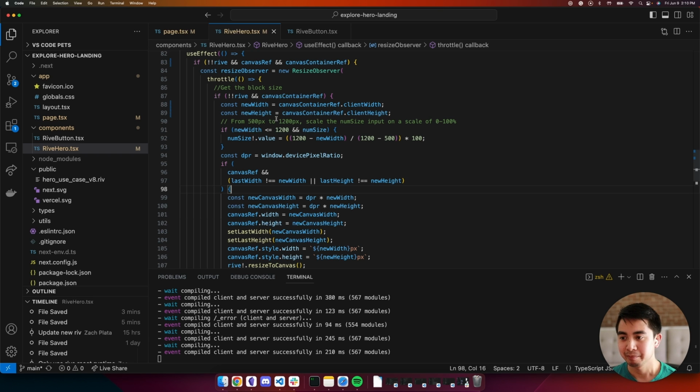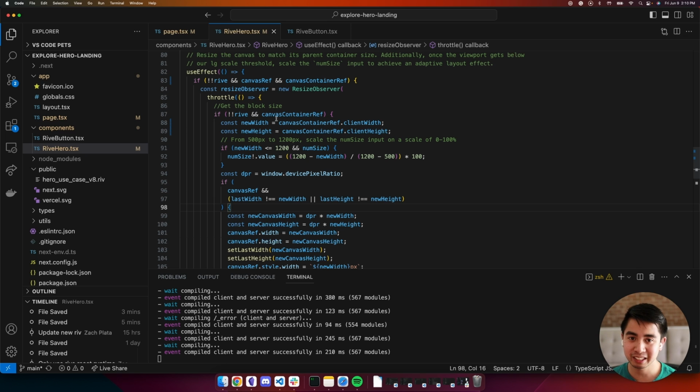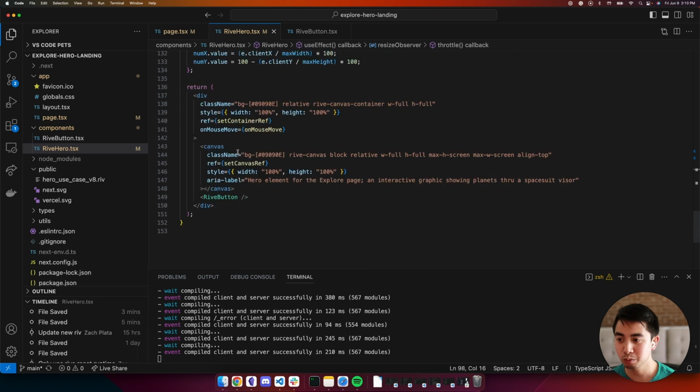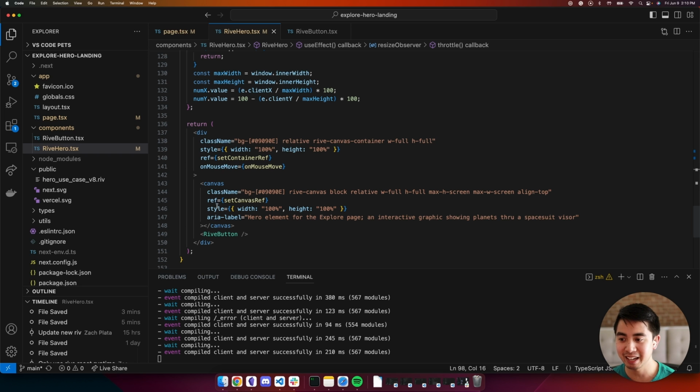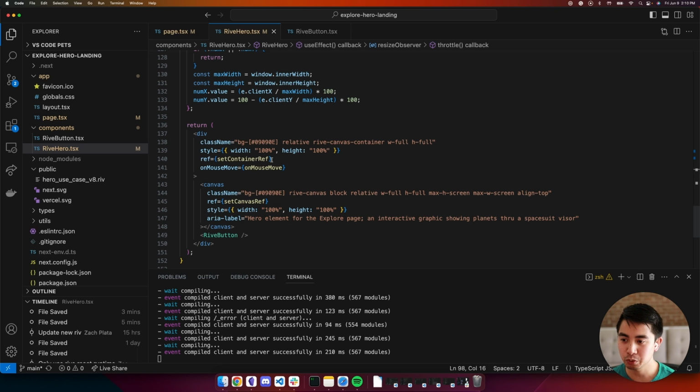Now we're going to want to work directly with the DOM elements themselves. In this case, we really want the refs to this div element and this canvas element so that we can manipulate the CSS style, width, and height of the canvas, as well as some of the attributes on this canvas as well. Now, going back to this, we set these ref callbacks on the ref properties for the div and canvas, but really what we need is the actual ref element itself so we can work with the DOM elements to get their actual size and things like that.